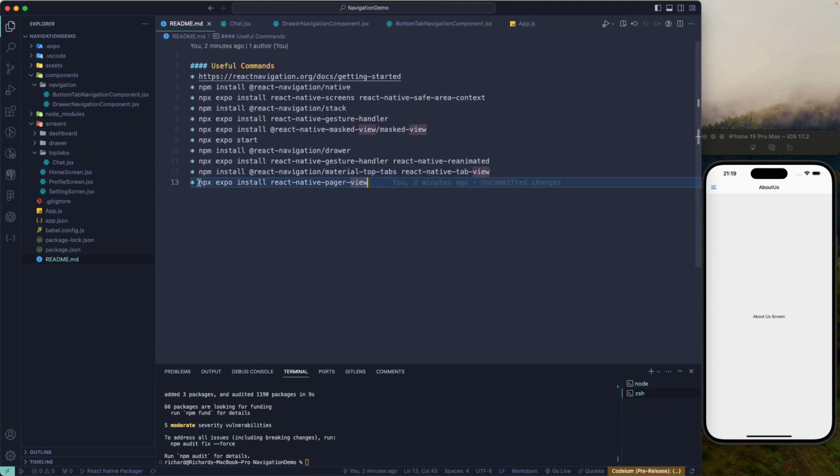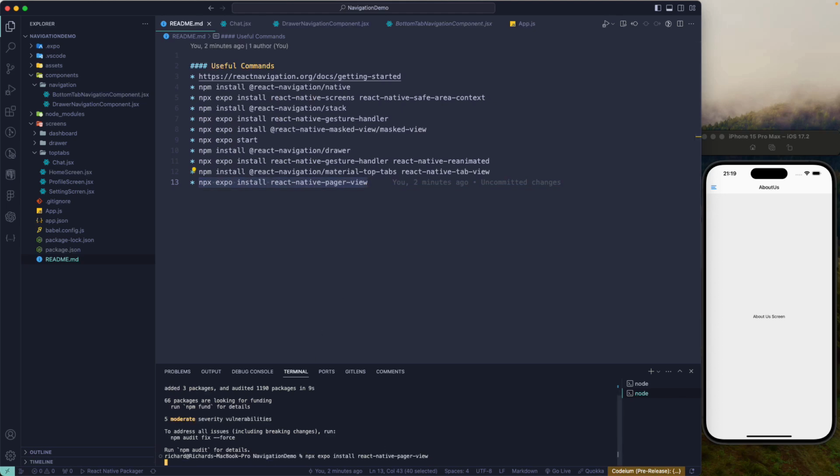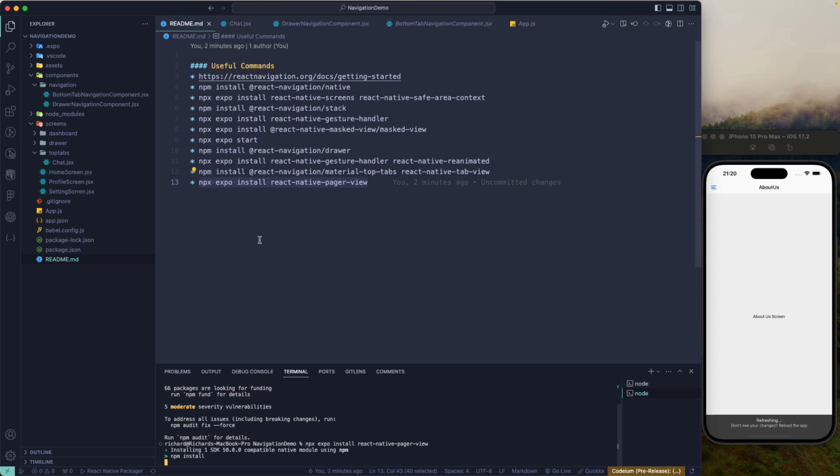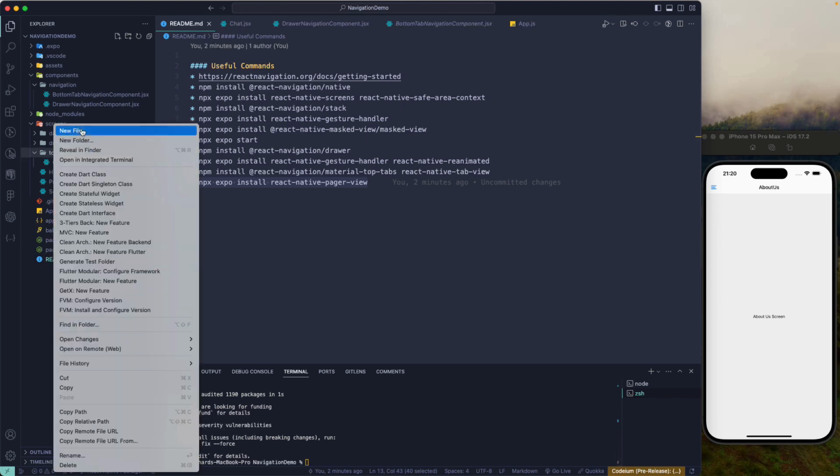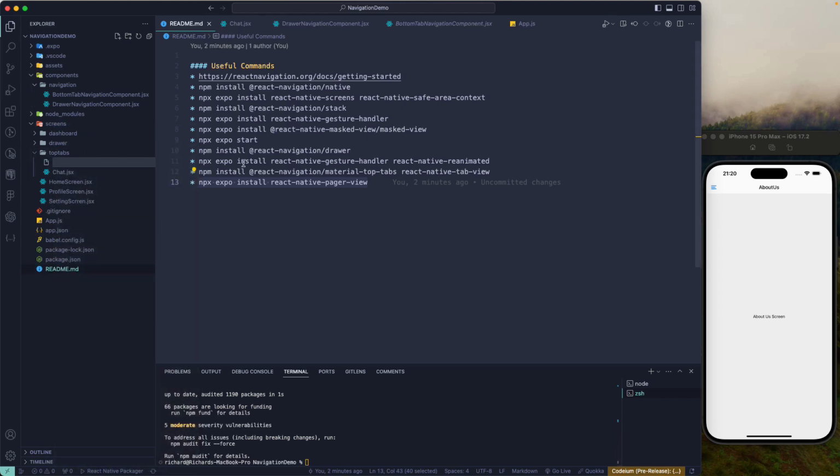So let's just copy that and also install it over here. And once that is done, we should be good to go. Now what we can do is go back to our top tabs again and create one more tab over here that will be of, let's say, chat, and one we have the